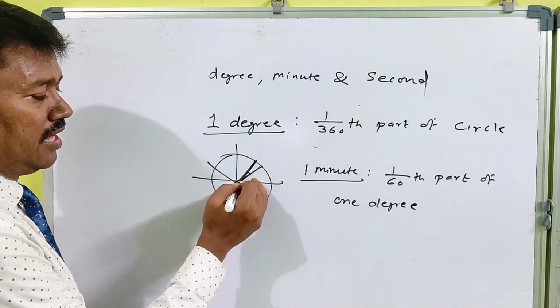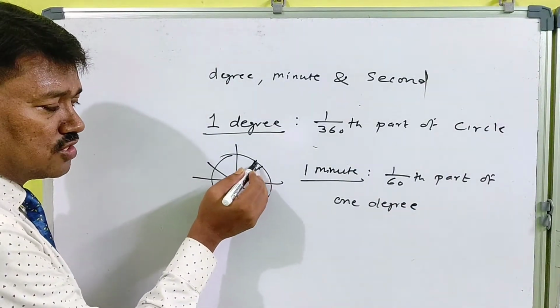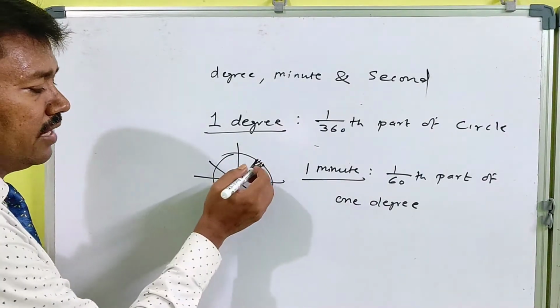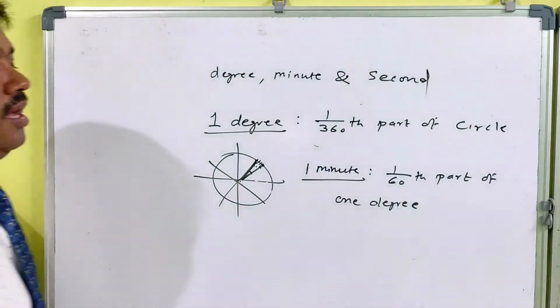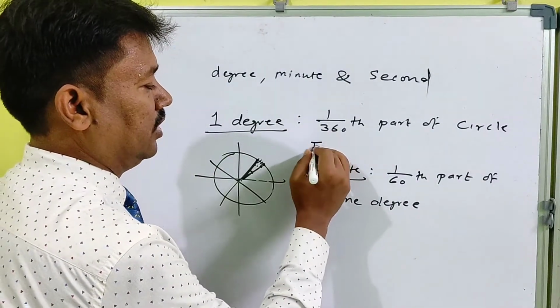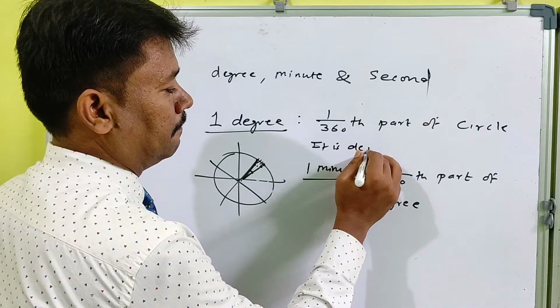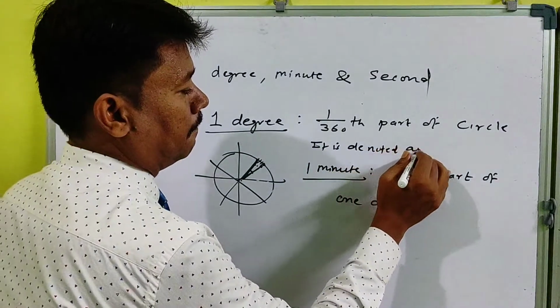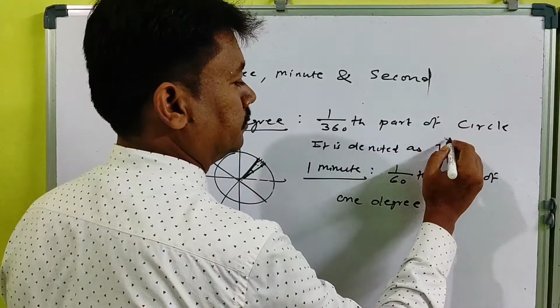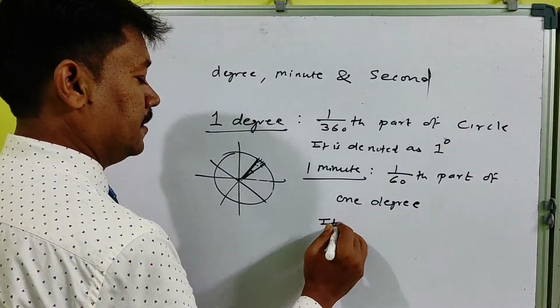Suppose this is a 1 degree angle, and if that 1 degree is also divided into 60 parts, then the smallest angle in that is called 1 minute. And 1 degree is denoted like this, and here it is denoted as